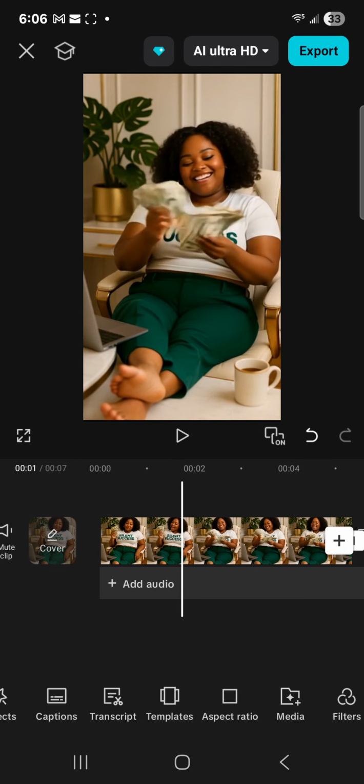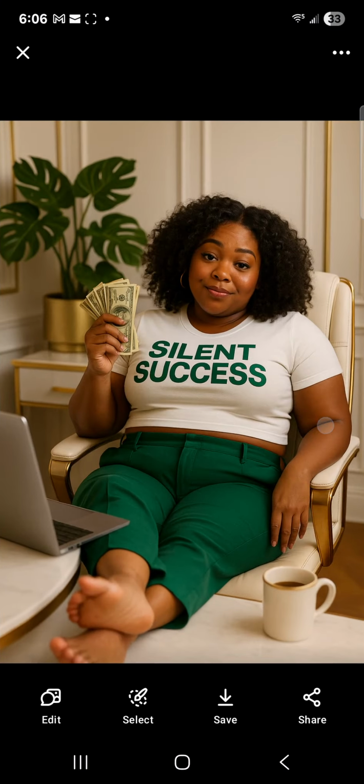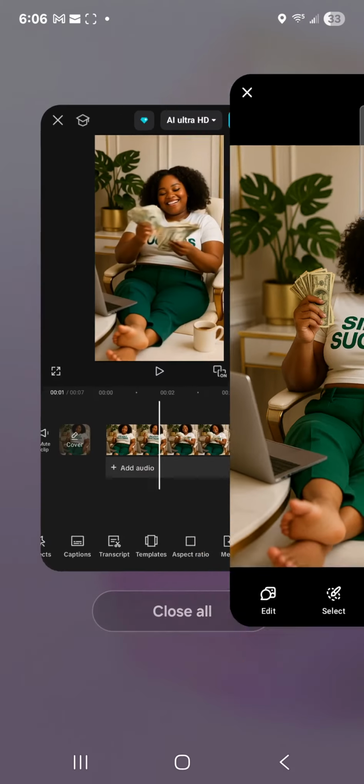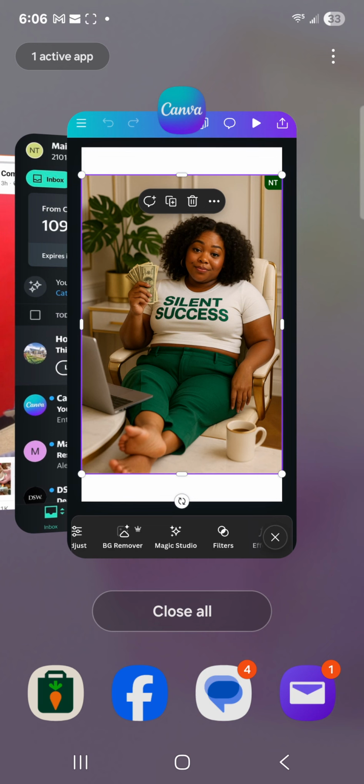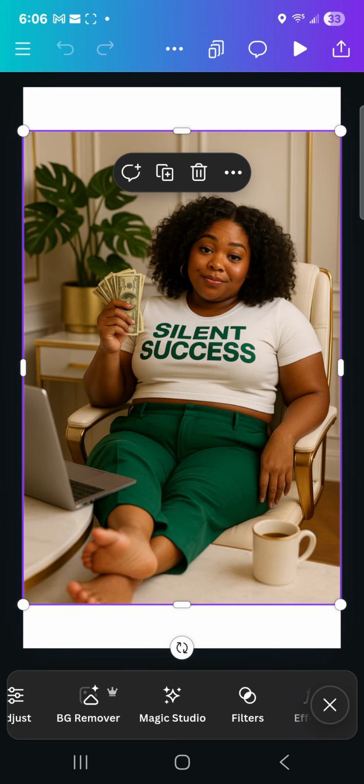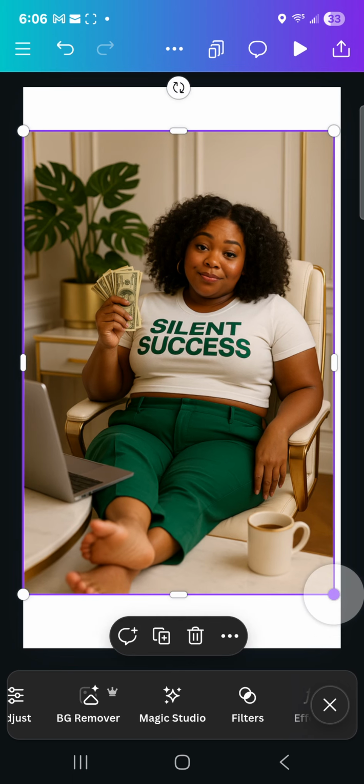And so here is the fix. So you're going to use Canva, okay? And you want to do it at the picture level, okay? Because once you create a video, you cannot do this, all right? So we're going to come into Canva. I actually have it opened up already, all right? And the first thing I did is, matter of fact, let's start over. Let's start over. So we're going to delete that,